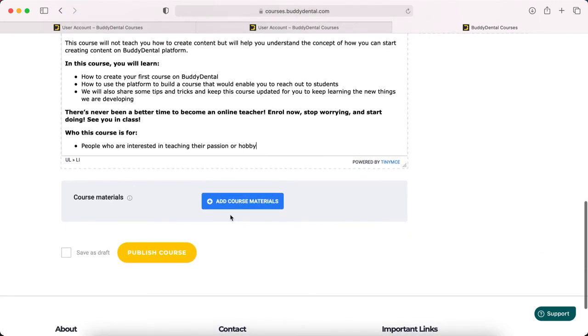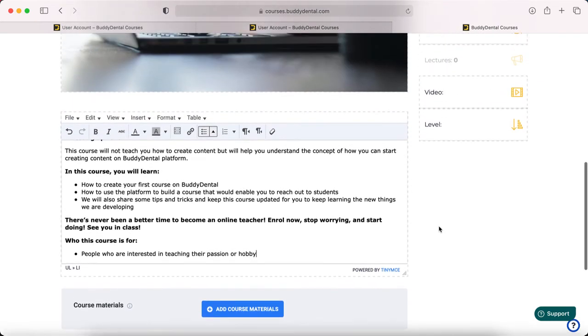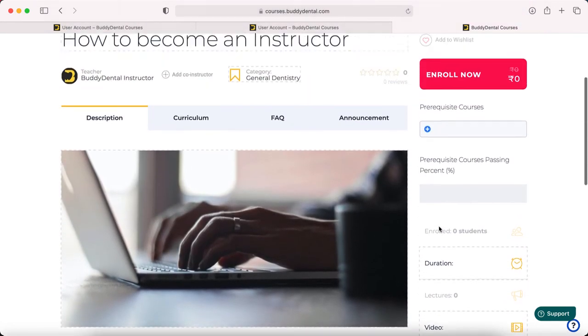You can add some course materials, like guides or sheets for the students while they are taking the course. They can keep those guides with them, and they can come in handy, like read-out materials or something like that. Only those contents should go out here. Whatever you're teaching should come inside the curriculum.